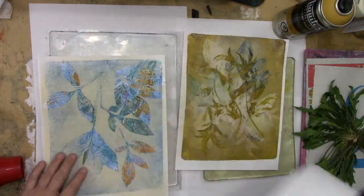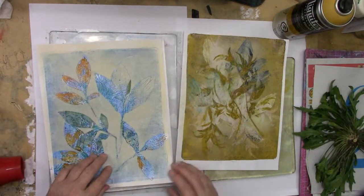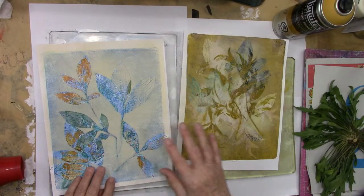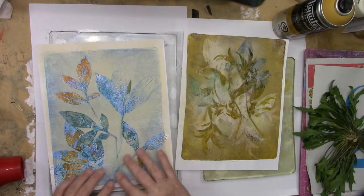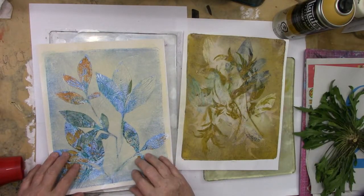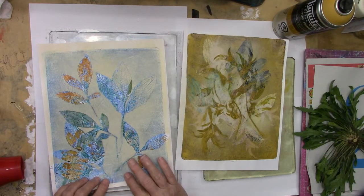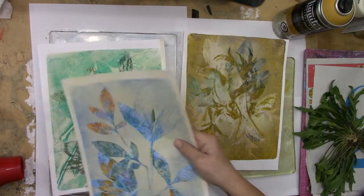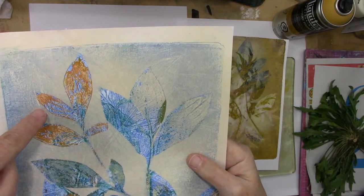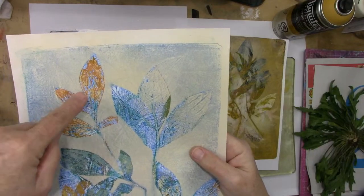So that's not one. That's actually, this one's really pretty. But with using the jelly plate and the paper and the spray together, you get a really nice mix of texture. And that's what I really fell in love with. So I haven't done this for a while, so I might have to experiment a little bit. Also, if you see, I reuse the leaves. And when you reuse the leaves, it also transfers off of the leaf. So you're getting,